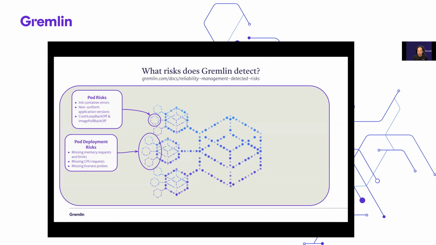So stepping up a bit, let's look at deployment level risks. First is missing memory requests and limits. The reason we focus on both of these is to ensure that your pod not only has enough resources to start, but that they get scheduled onto nodes with enough capacity. And the limits are there to prevent memory leaks, or to prevent your pod from expanding too much and using too much memory. And the reason why these are important is because